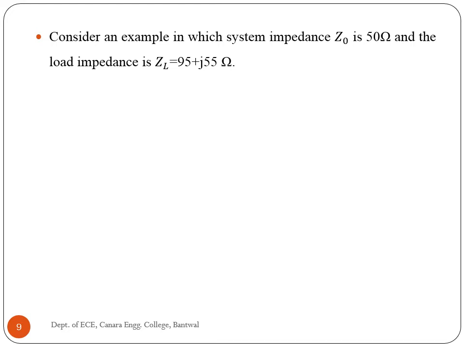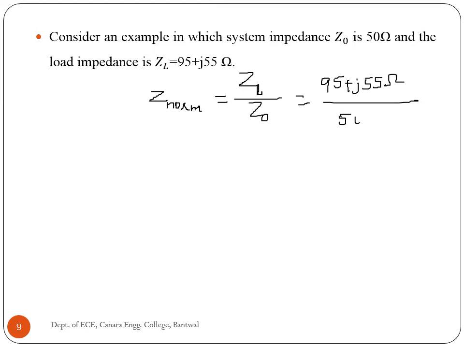Initially, we have to find out normalized impedance. Normalized impedance is given by load impedance divided by system impedance, which is equal to 95 plus j55 ohm divided by 50 ohm,